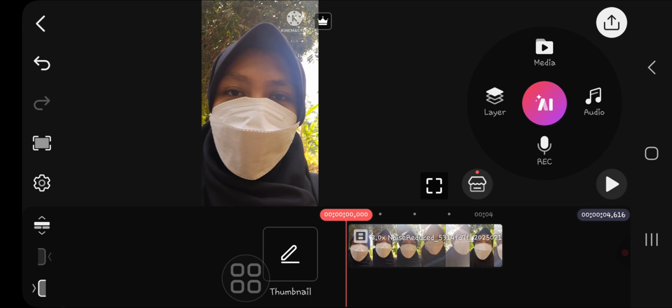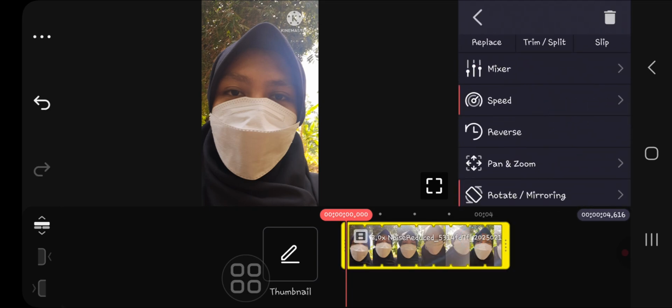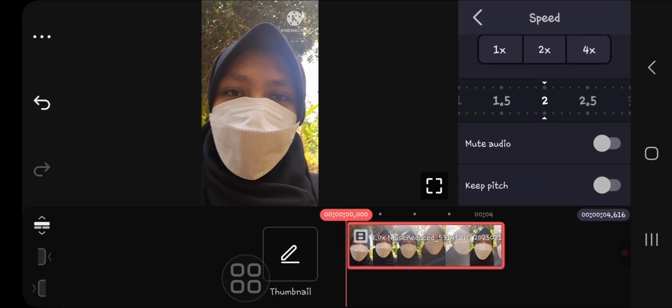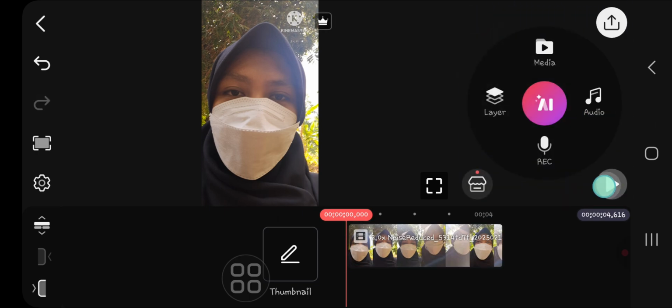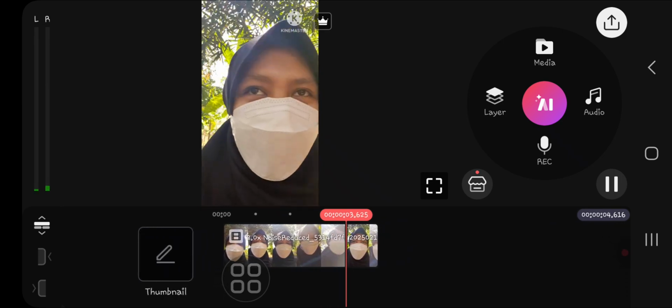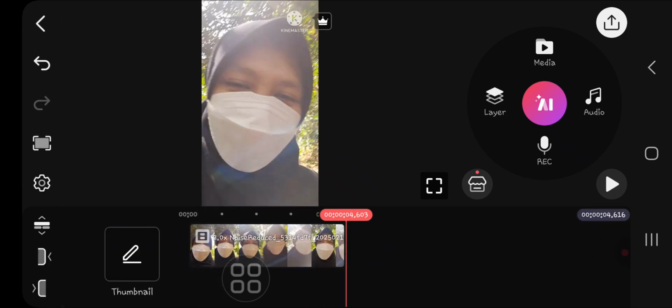And I'm going to show you guys how we can speed up without changing the pitch. Okay, I'm going to go to the speed again, and then we can select keep pitch. Okay, and I'm going to play it. Okay, as you can see, the pitch doesn't change. Okay guys, and that's the way to speed up or slow down video without changing the pitch